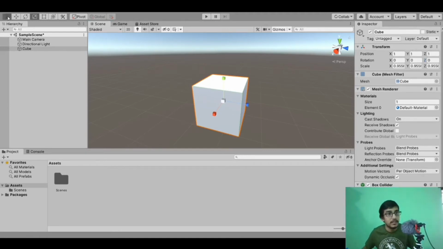So here we deal with the hand tool, move tool, rotate tool and scale tool. Here is one other tool which I want to use. It is the rectangle tool. So when I select the rectangle tool, you can see this rectangle appear with circle dots around the corners. This is actually used to change the size of the game object in 2 dimensions.